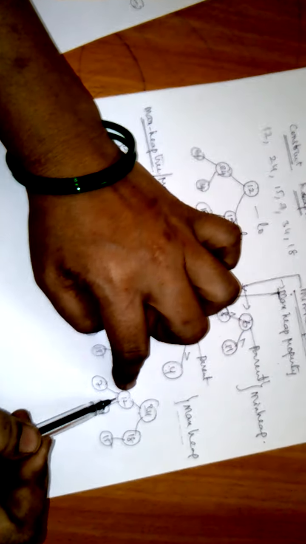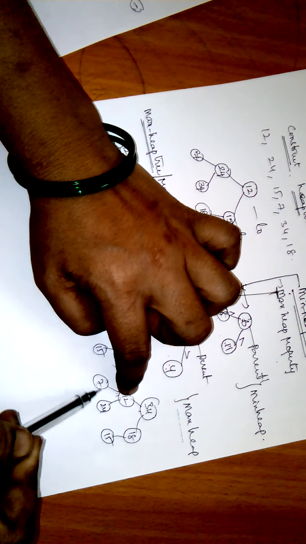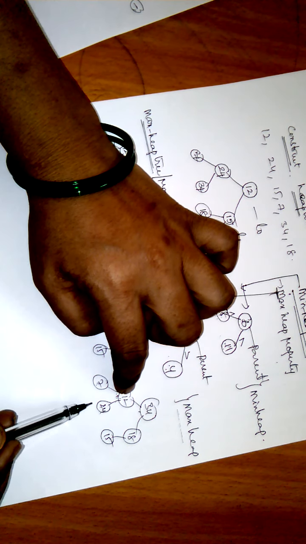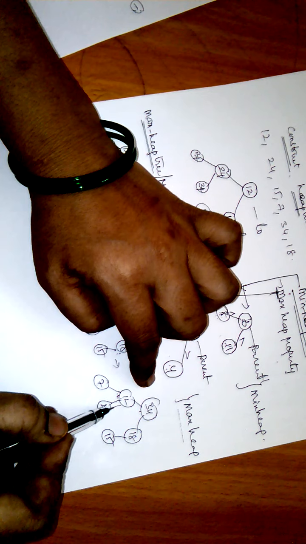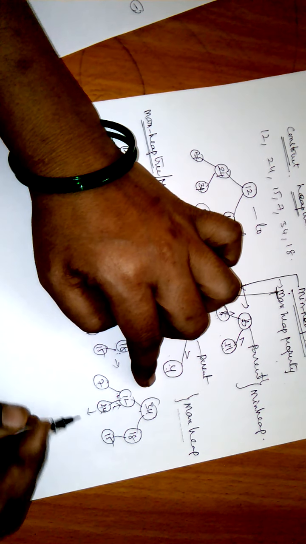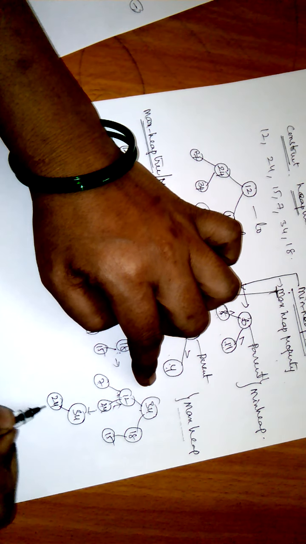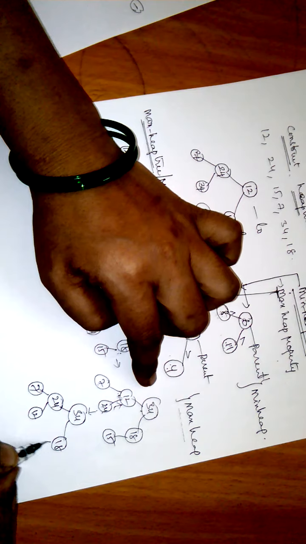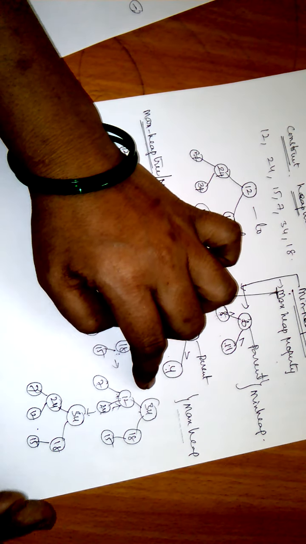Now after the swap, again you check whether they are in maximum heap order or not. Now you compare with its child. 12 is smaller than 24, so again you make a swap. Next you get 34, then here 24, 7, 12 and 18, 15. Next, these are the leaf nodes, so no need to check.